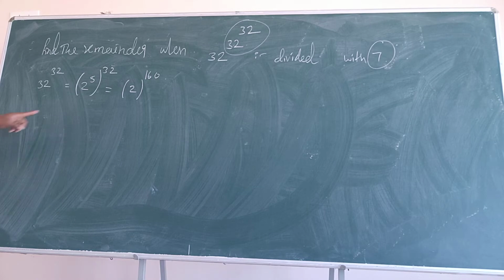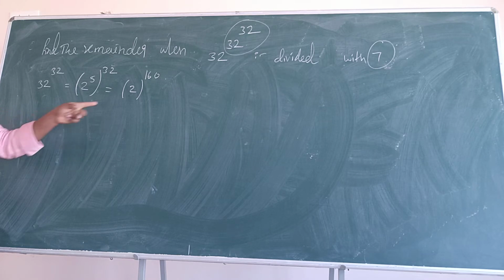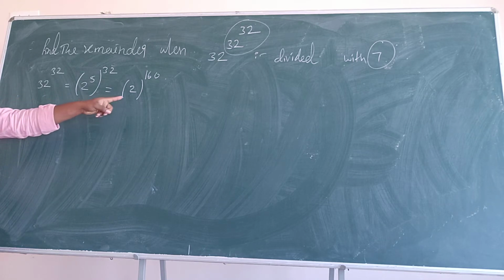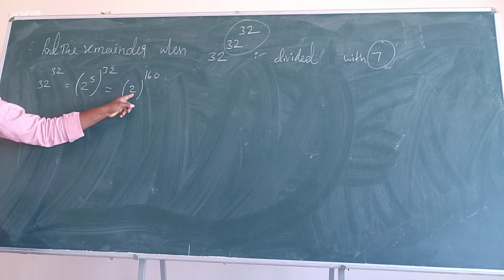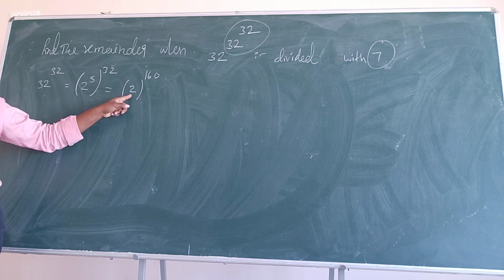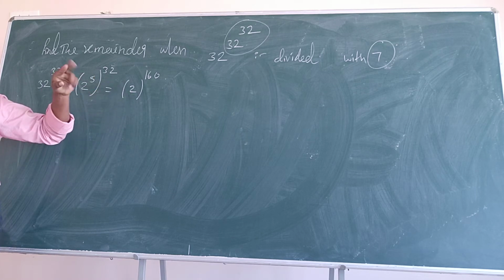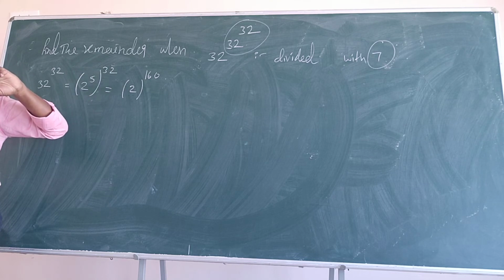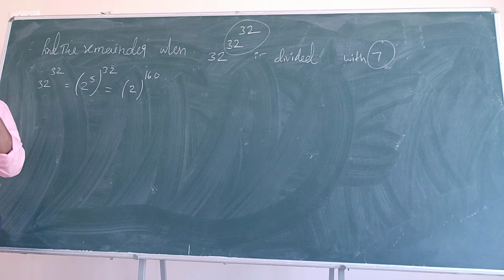Now whatever base you got, convert it into 1 plus or 1 minus format. So this 2 can be written as 3 minus 1. But I cannot use 1 plus 1. Whatever base you get, I have to convert it into 1 plus or 1 minus. But it is 2, so in this case I cannot use 1 plus 1. Are you getting what I said? If you use 1 plus 1, no use. So 3 minus 1 will be good.